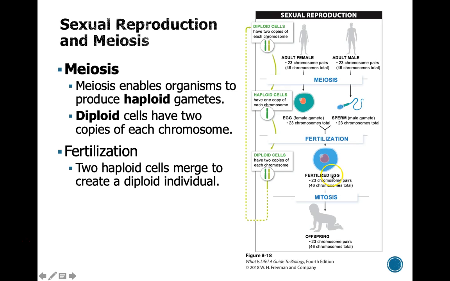After that fertilized egg begins to divide, it goes through the process of mitosis, which is how we grow into a fully functional organism. So meiosis is only occurring in the cells that are producing sperm and egg. All other cell divisions in the body happen via mitosis. Now, this change from haploid to diploid is often very confusing for students. So if you're not sure what's going on here, get through the meiosis video, and then I'd like you to draw it out and actually see if you can follow these chromosomes through a few generations.